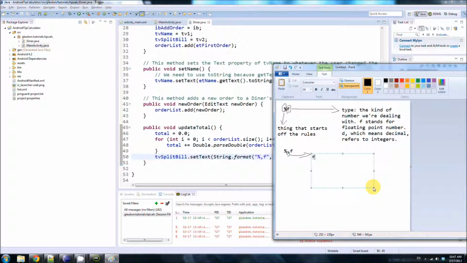The comma is called a flag, and there are different flags that you can use. You can look them up if you want. They do different stuff, like there's a flag that turns all negative numbers into numbers that are in parentheses. The comma flag is a flag that